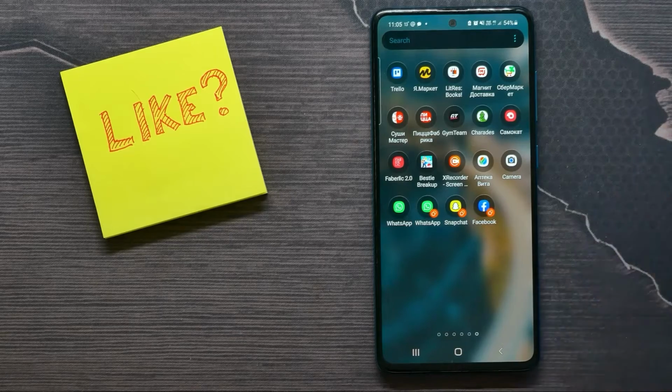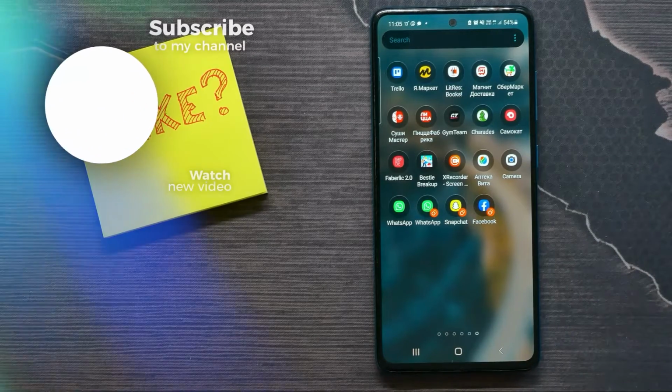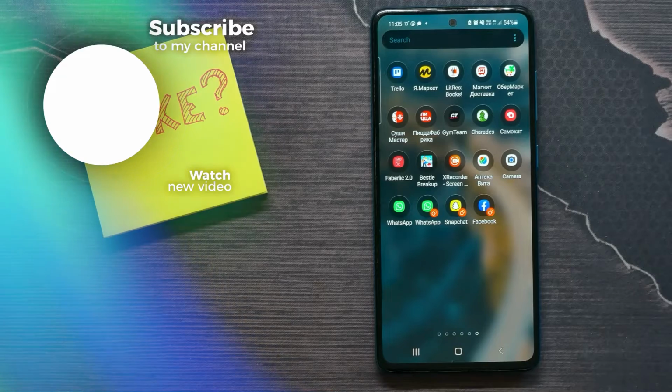So now I can open the second copy of Facebook to enter another account in that